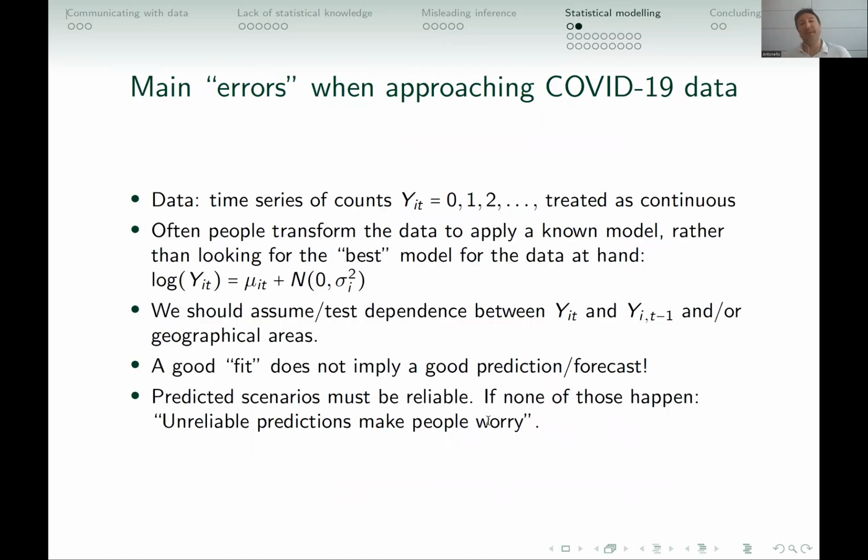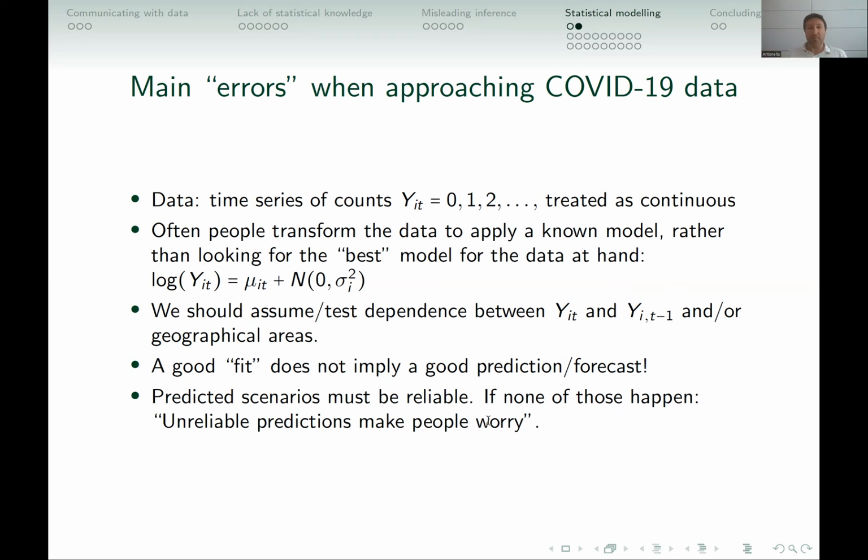There are other main errors when approaching COVID-19 data. First of all, we are working with counts: 0, 1, 2, 3, 4. So they are discrete values. Often these values are treated as continuous, and this is wrong. Sometimes, and this is what happened to me recently,